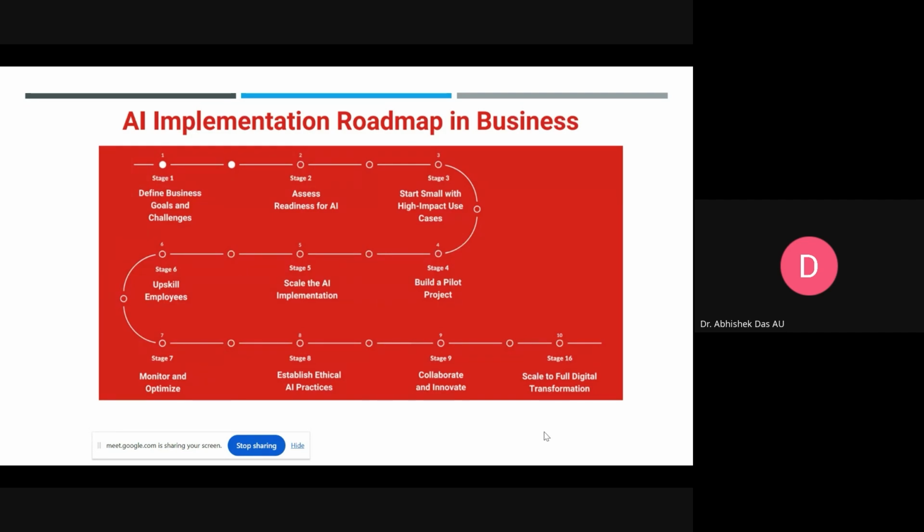Next, we have to assess the readiness for AI for the small rural business. We start small with high impact use cases. Then we build a pilot project and we scale the AI implementation. We upskill the employees. We monitor and optimize and establish ethical AI practices, collaborate and innovate, and then scale to